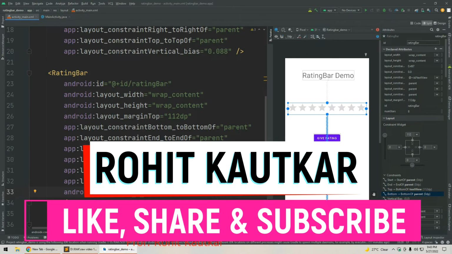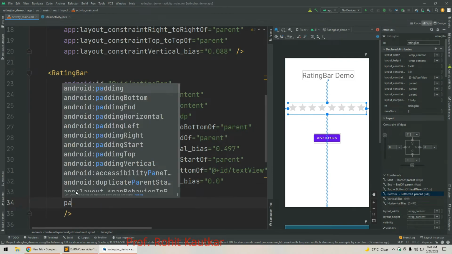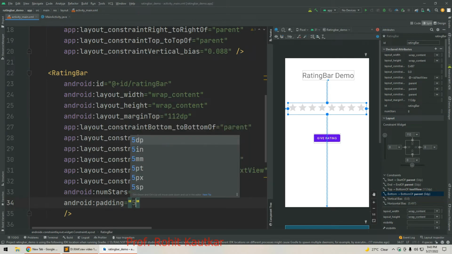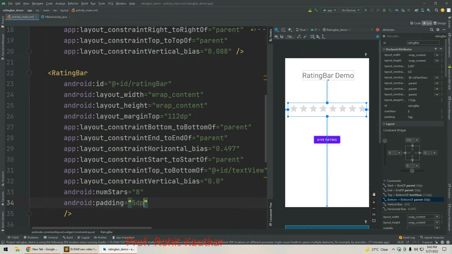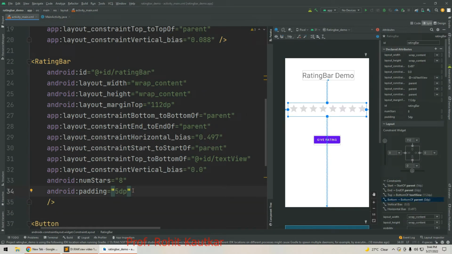Okay, now it is fine. Next to that we will use some padding around our stars. So let's say we will use 5 dp as a padding,